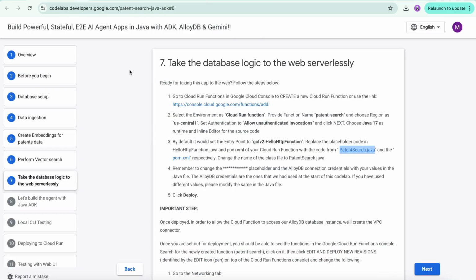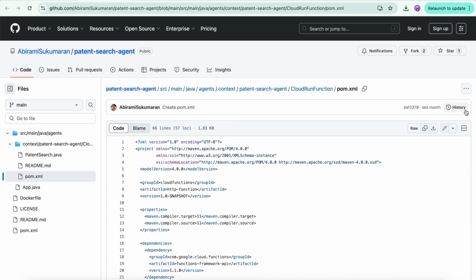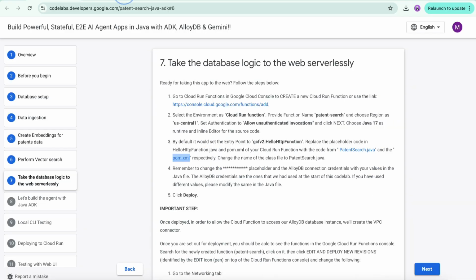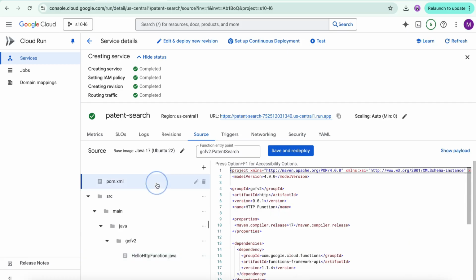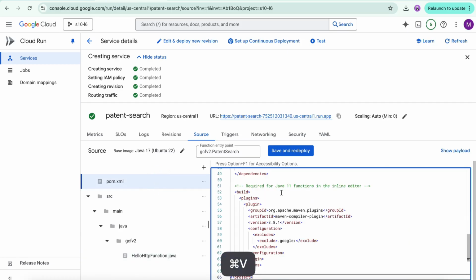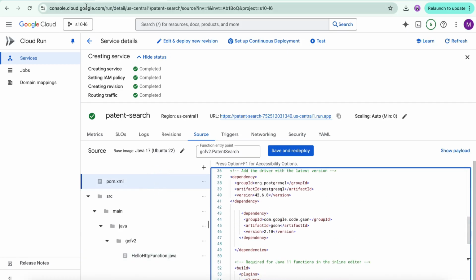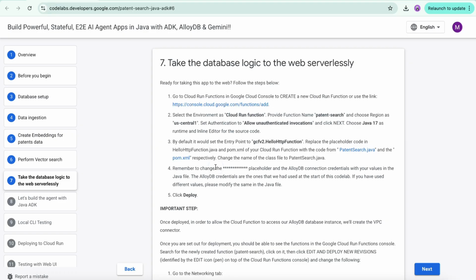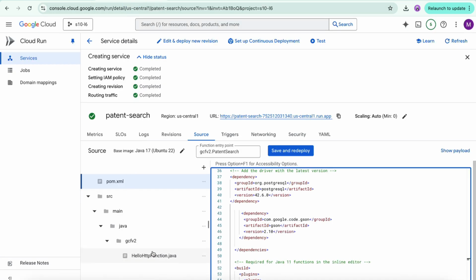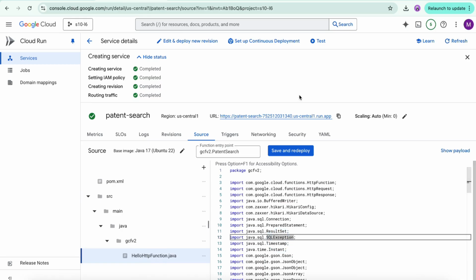The next thing that we need to do, we just need to take the pom.xml file, open it from the GitHub, copy this too, close both the GitHubs, and just go to the pom.xml file and paste it too. Let's check if we need to edit anything. Well, we need to change the class name in the file, and we need to change the placeholder in the AlloyDB connection credentials inside the Java file. So these are the AlloyDB credentials. So let's just go back to this file